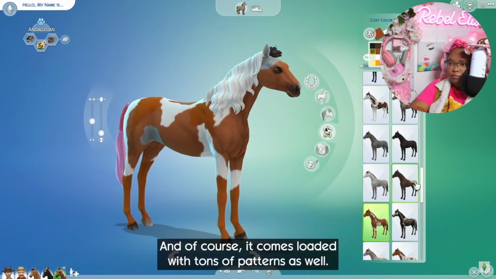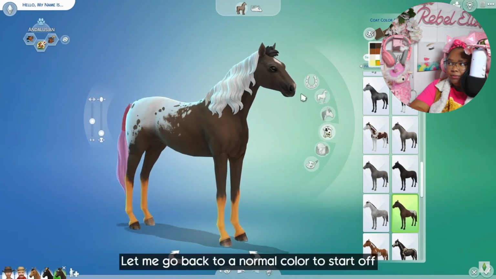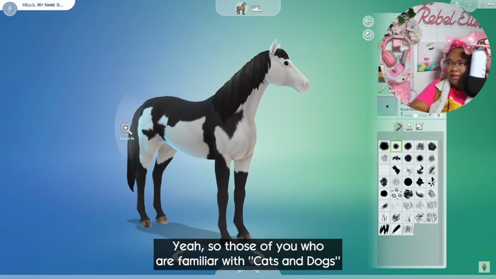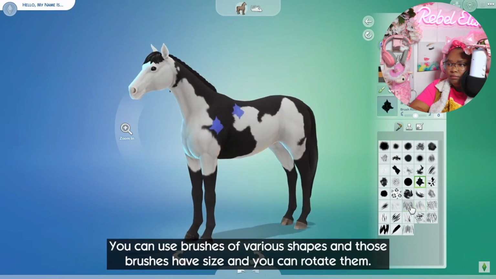And of course, it comes loaded with tons of patterns as well. Yeah, there's rows and rows and rows of them. You go back to a normal color to start off, and let's look at that fine detail mode, the color wheel here. So those of you who are familiar with Cats and Dogs will be pretty familiar with this. There's a full color wheel,